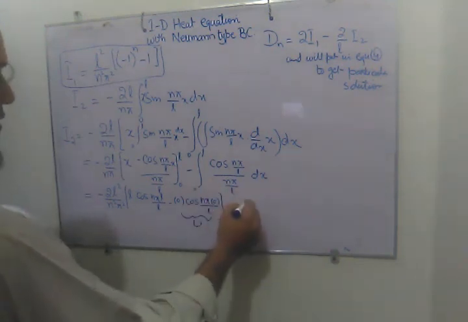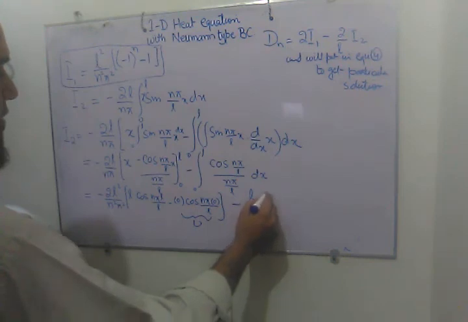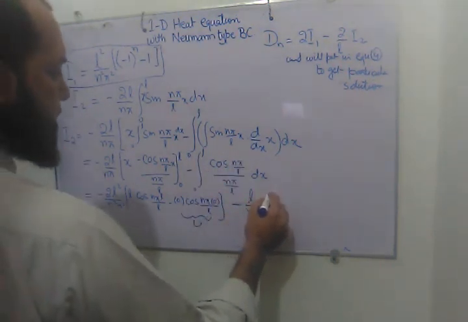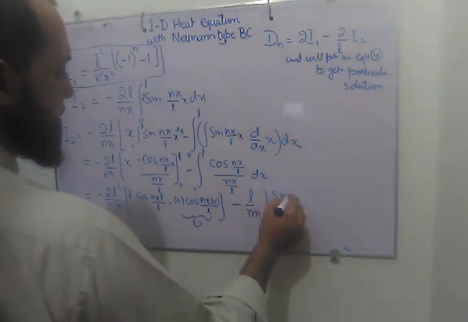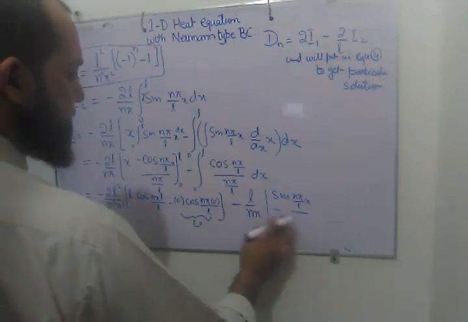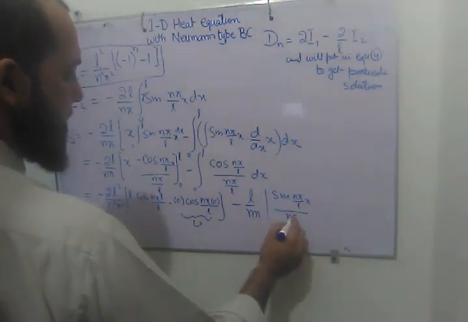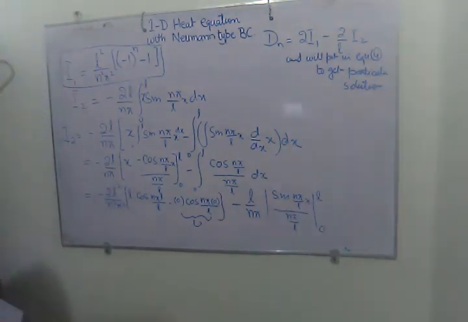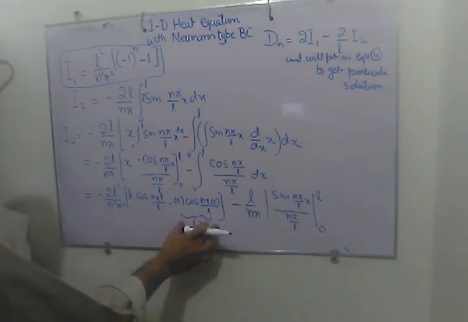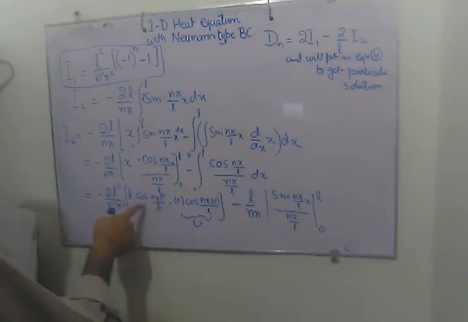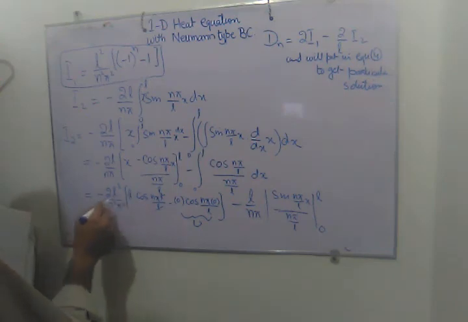So we take this constant L upon n pi outside, and when we take the integral of this cos n pi which was remaining, then it becomes the sine n pi upon L x divided by n pi upon L, 0 to L. So because of the 0, this whole term would become 0. We take this thing, so it becomes cos n pi. So the situation here is, and there was a minus sign as well here.